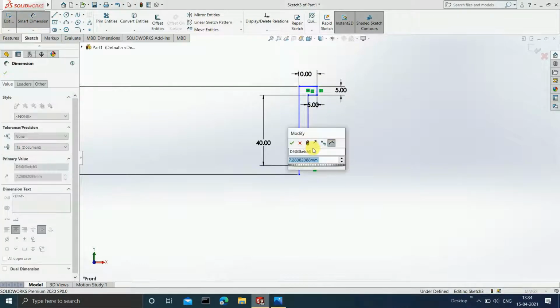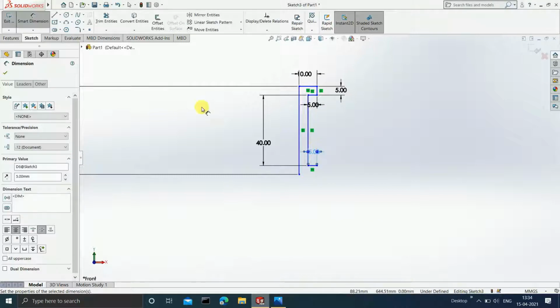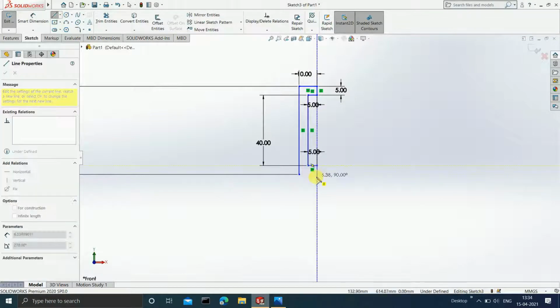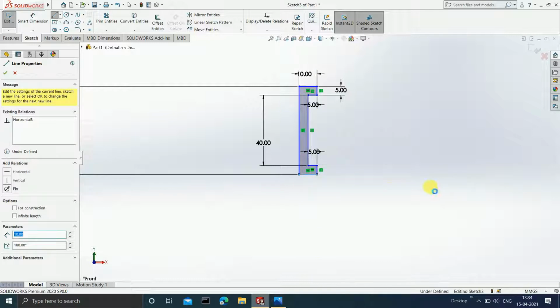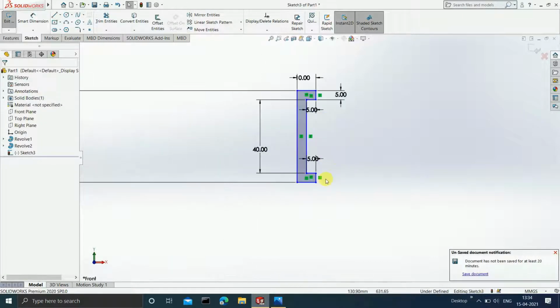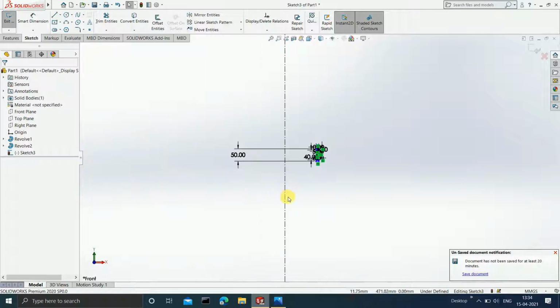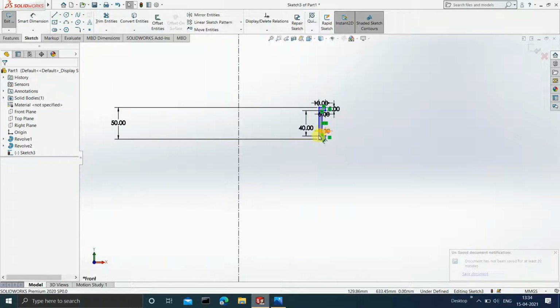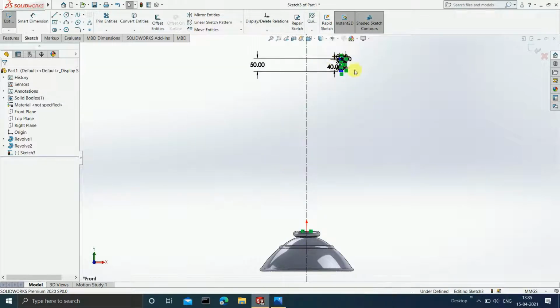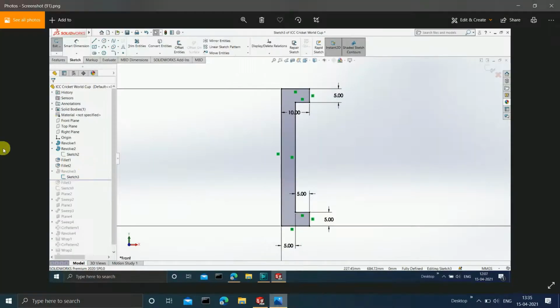You know, this is a very good practice, giving dimensions at that time only. Then again this thing, see, it has to be 5. Okay, click on escape. Now once this is done, you have defined this very well, but what happened is that it is still appearing blue because you have not defined it with respect to the origin. So for giving the dimensions with respect to the origins, these are the dimensions that we must consider.